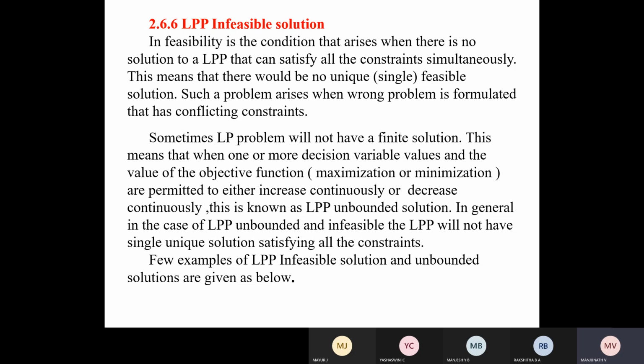And I have one chart for this also, the graph diagram, and a symbolic notation to represent an LPP infeasibility. If you write that much, you will get 5 marks, not less than that. That's for Section C. And it applies to all types of LPP problems. This condition, LPP infeasibility,